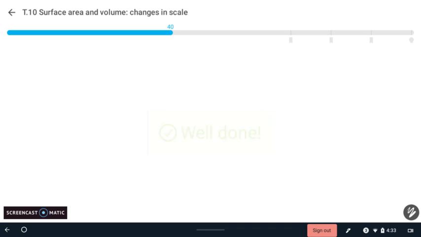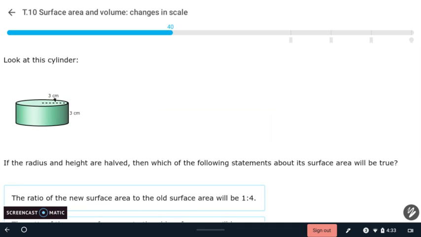Hopefully that helps out. Maybe you like that handy little formula or shortcut. Remember, it only works if you have volume. So it always works if you have volume. With surface area, it only works if you're changing all of what we call the linear measures. So here it would work because it's both the radius and the height that were changed. If it was only the radius, this method doesn't work. You have to go back